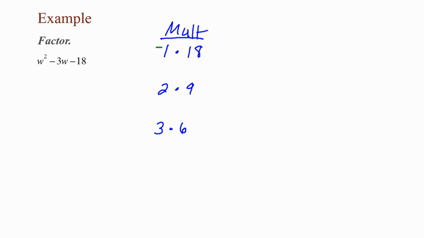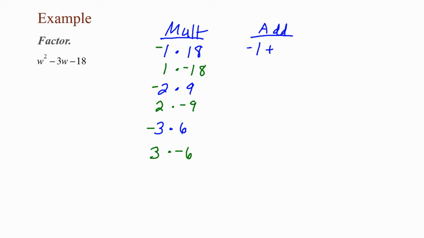So I can have a negative 1 times a positive 18, a positive 1 times a negative 18, a negative 2 times a positive 9, a positive 2 times a negative 9, a negative 3 times a positive 6, or a positive 3 times a negative 6. Then when we add them,